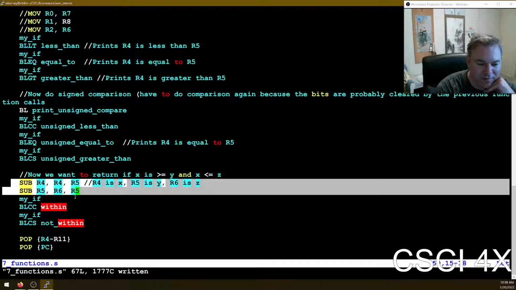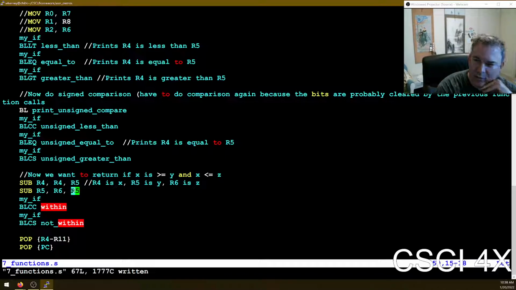The final product of z minus y. So this is z. So z minus y, R5. If it's greater than x, then x is between y and z. No, that's not true. What if we have 10, 15, and 20? Right? X is 15, y is 10, z is 20. Z minus y is 10. 15 is greater than 10. So